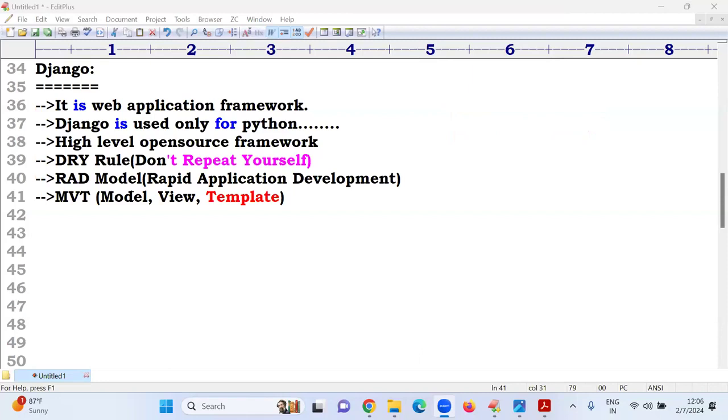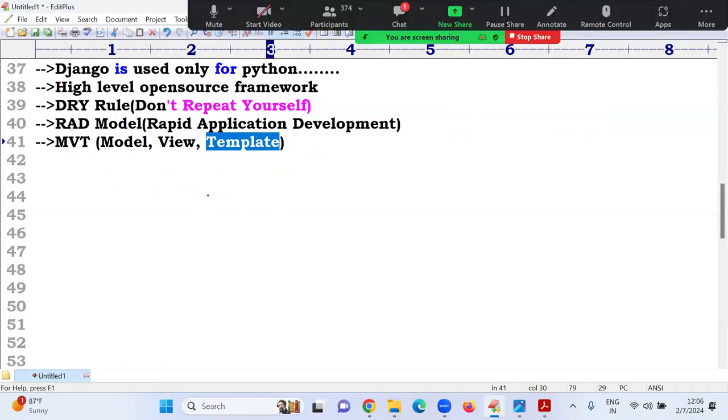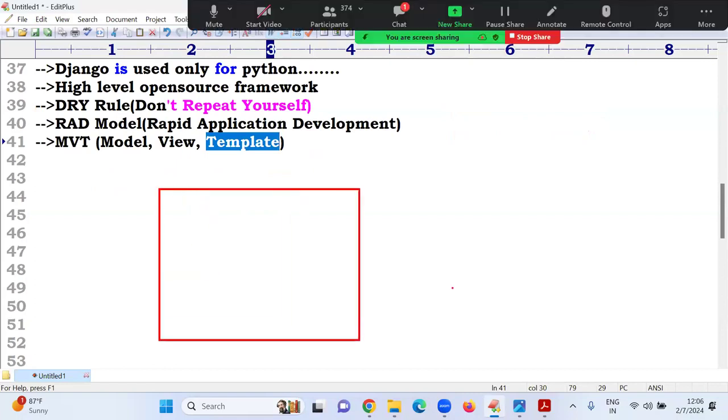Sir, what is this model, view, template architecture? For example, to develop any application, first, what is required? Just now I'm telling the front end page. One username, password, two text boxes are there.